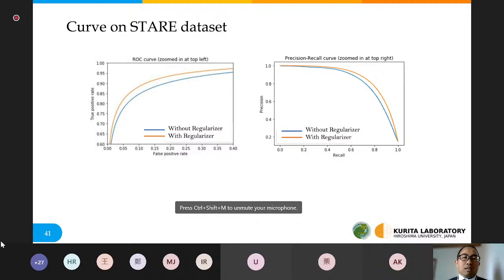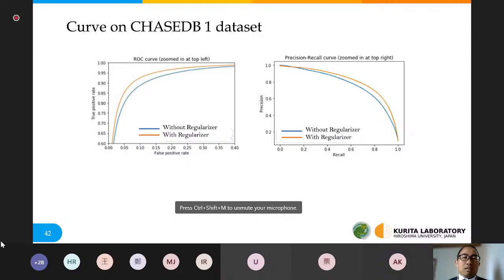And this is the ROC comparison and precision recall comparison in the STARE dataset. So in the STARE dataset, we can see in this figure, we also get a better curve than the baseline without the regularizer.